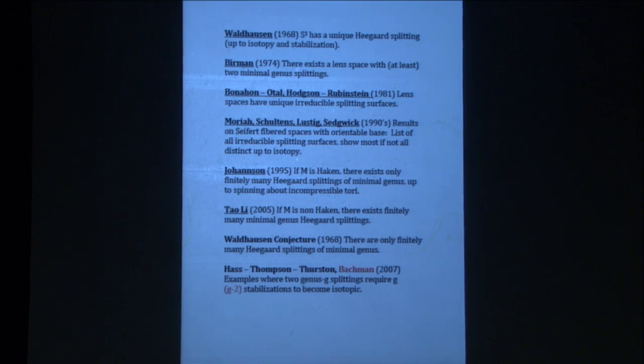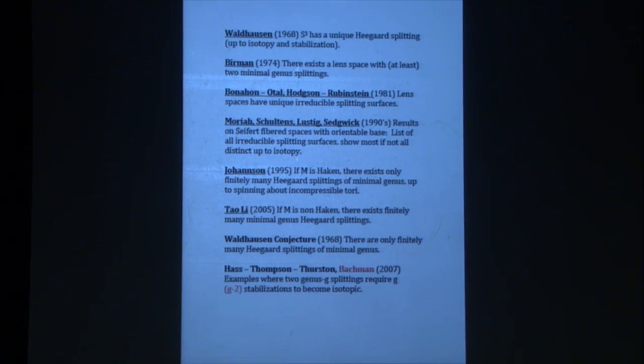I'll say more about this in a moment, but in particular, Johannson, in the case of Haken manifolds, and Tao Li for non-Haken, showed the following finiteness statement, which answered a conjecture of Waldhausen. Johannson showed that if you have a Haken manifold,